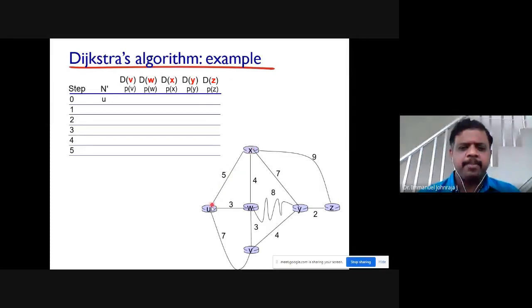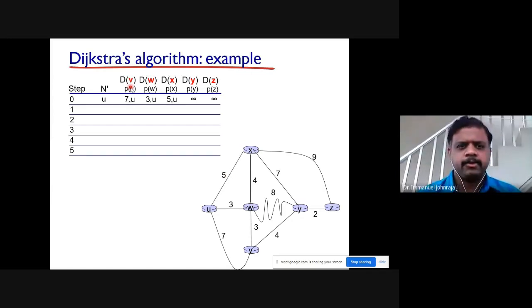And similarly, what about w? Cost is 3. Who is the predecessor? It is u. For v, what is the cost? 7. Who is the predecessor? u. For z, what is the cost? u and z are not directly connected, so it will be infinity. u and y are not directly connected, are they? No, they are not, so that is also infinity. So you will have only three values, remaining two will be infinity. For w, the distance is 3 and the predecessor is u. For v, it is 7 and u. For x, it is 5 and u.